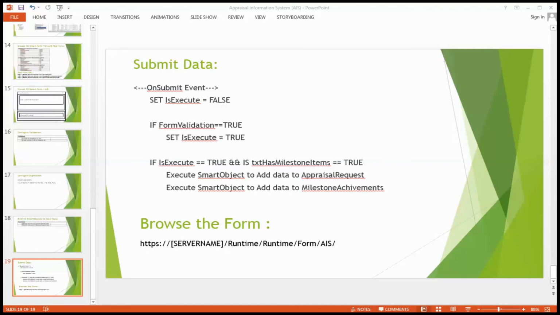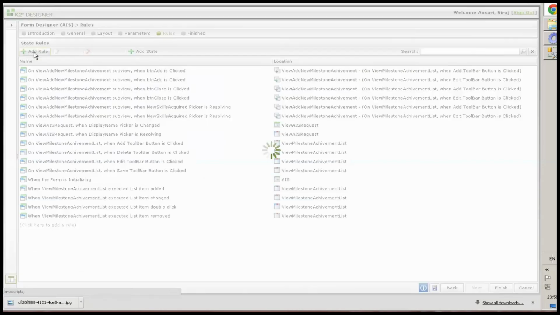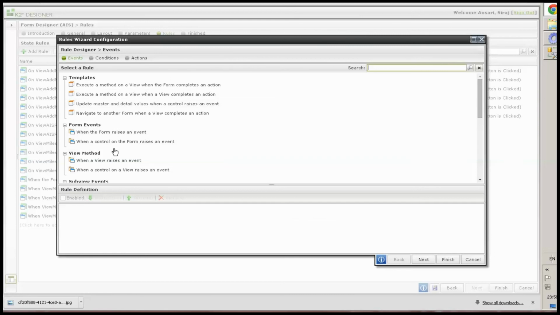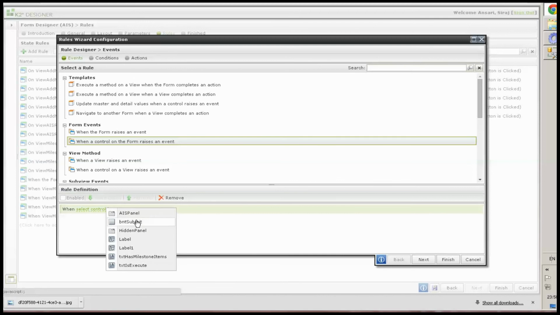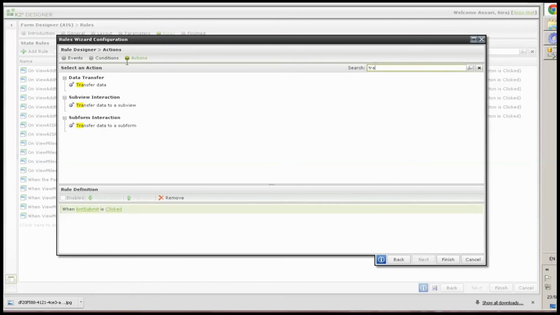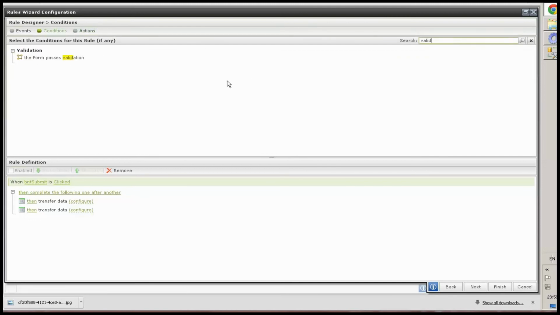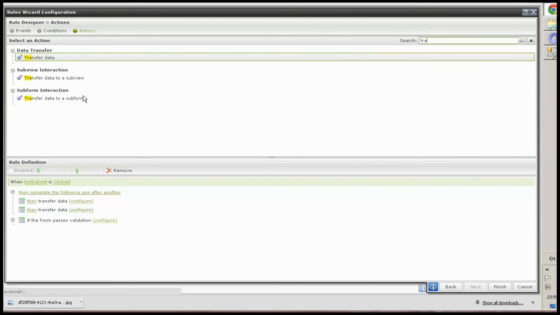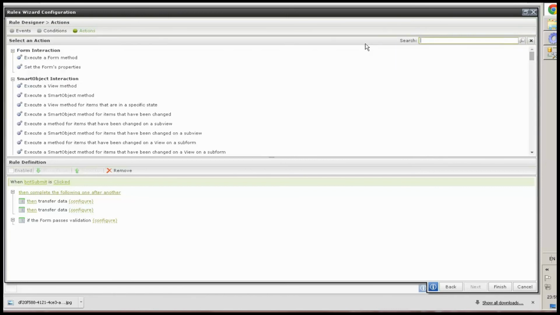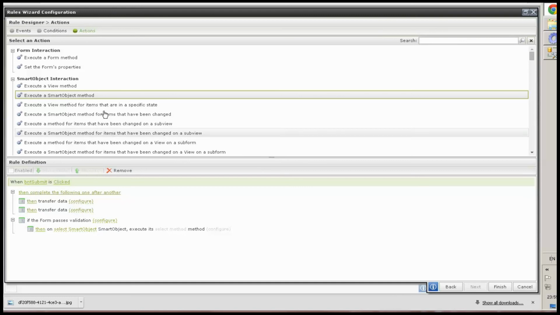Hence add a submit button to the form, an event, control on a form raises an event, select the control BTN submit, go to action, transfer data, form passes validation, execute smart object method,